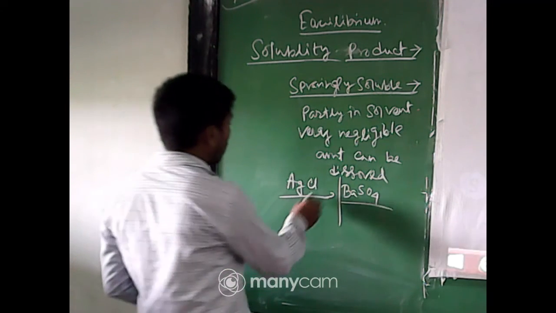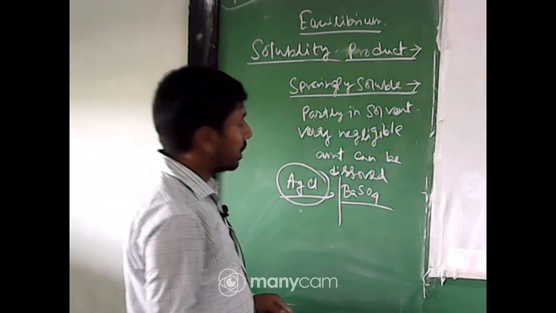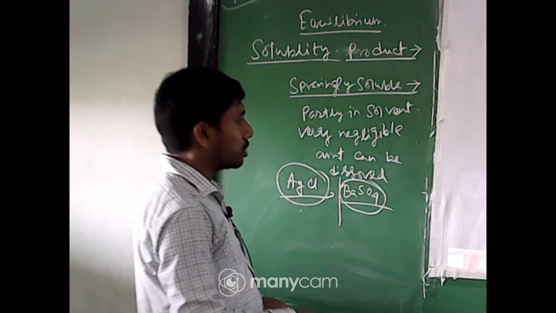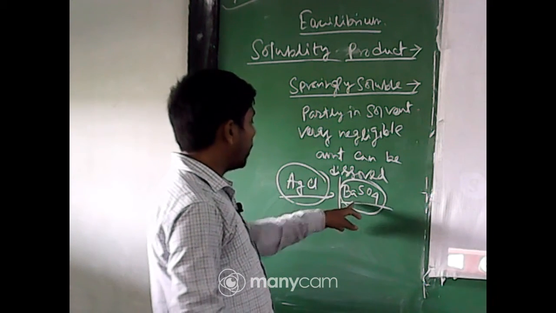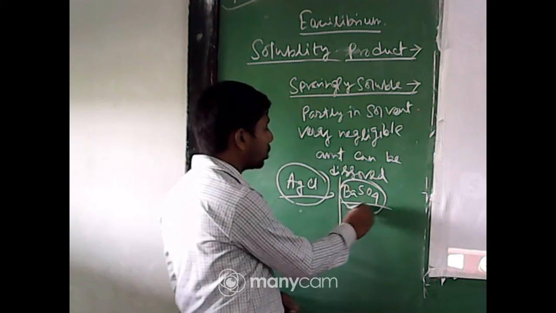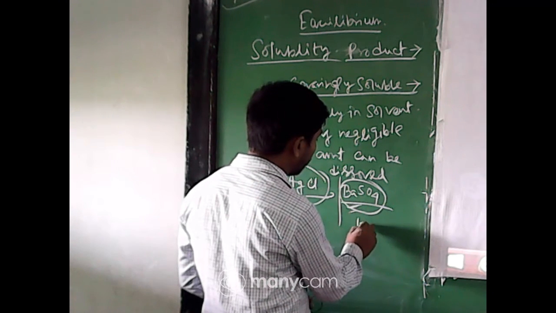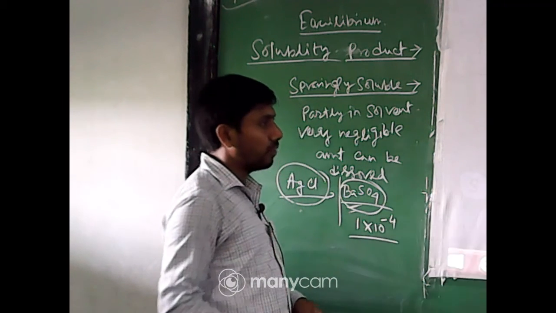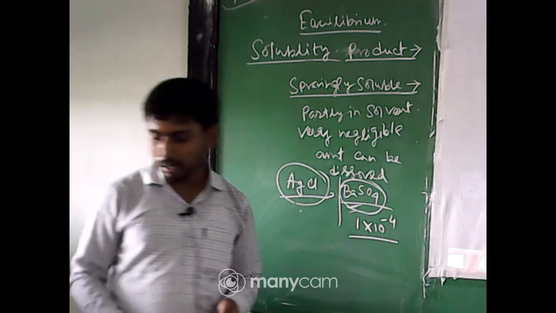Yes, we know AgCl is a precipitate. When sodium chloride is added to a solution of silver sulphate, it will precipitate in the form of AgCl. Now barium sulphate also, that is barium chloride plus H2SO4 gives barium sulphate, but these are soluble to some extent. What is the amount of this? It may be about 1 into 10 to the power minus 4, that is a very micro amount. So these are called sparingly soluble salts, right.